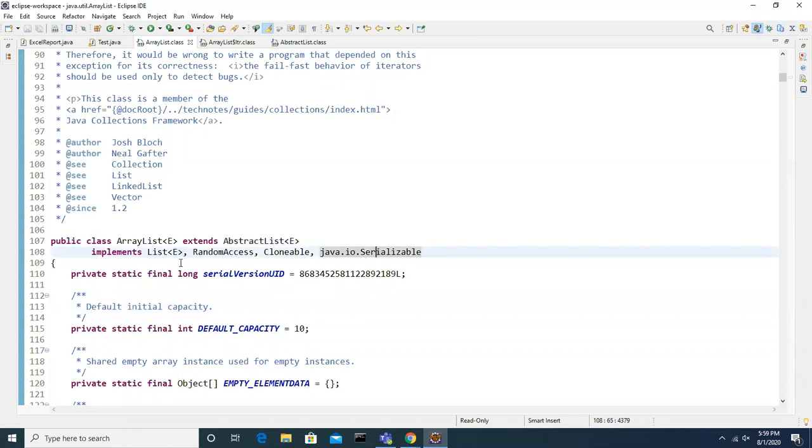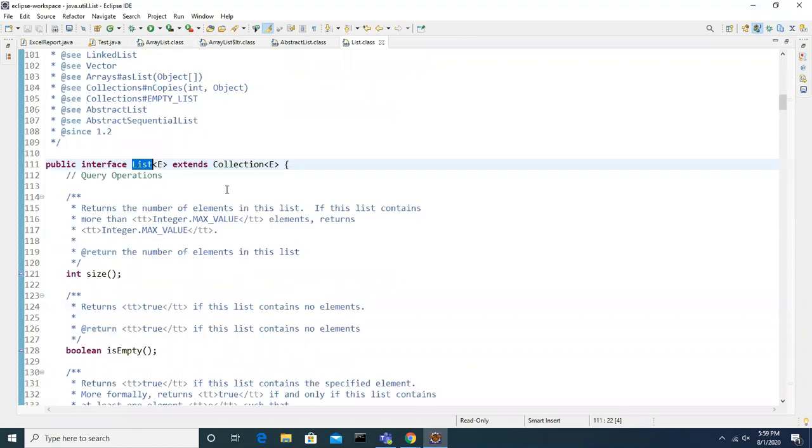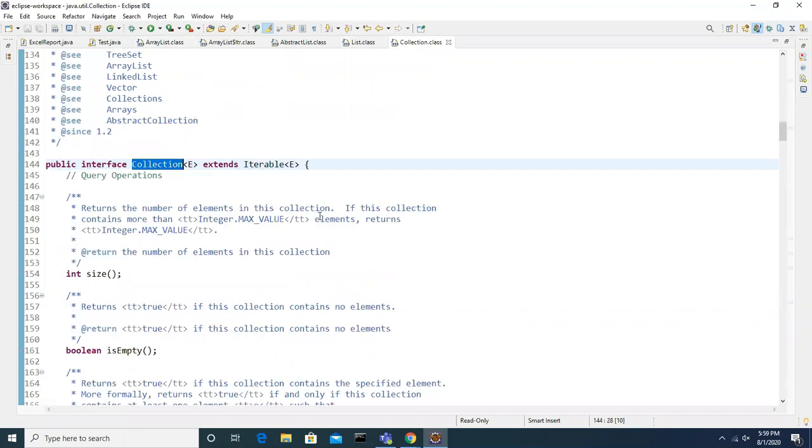If you go and see List and Collection, what is the supermost interface here for this ArrayList? Collection is the super interface, right? Under that List, under that AbstractList, and then ArrayList. So I can say the implementation class is ArrayList.